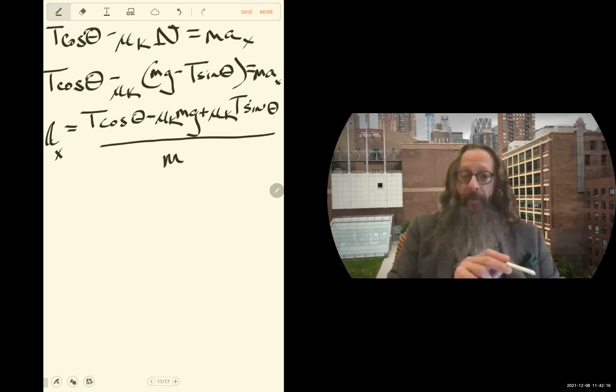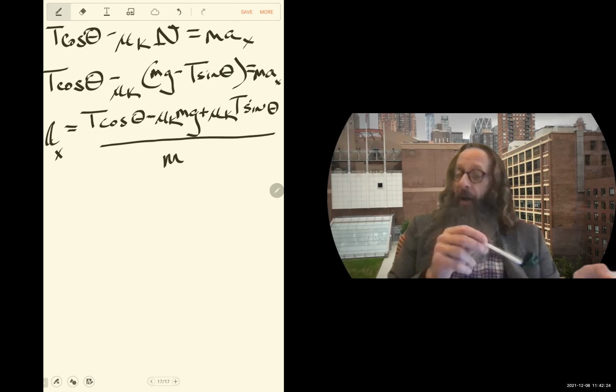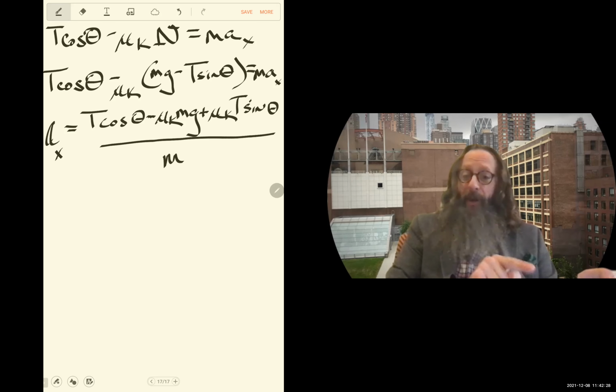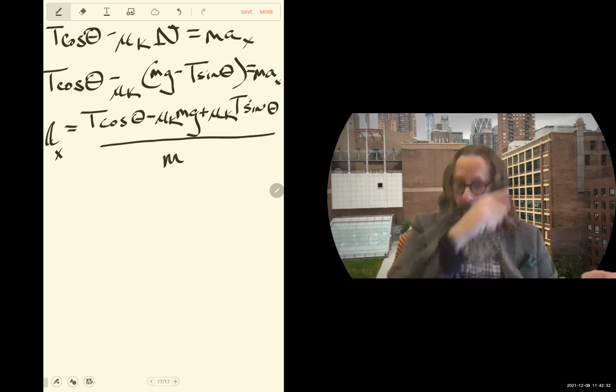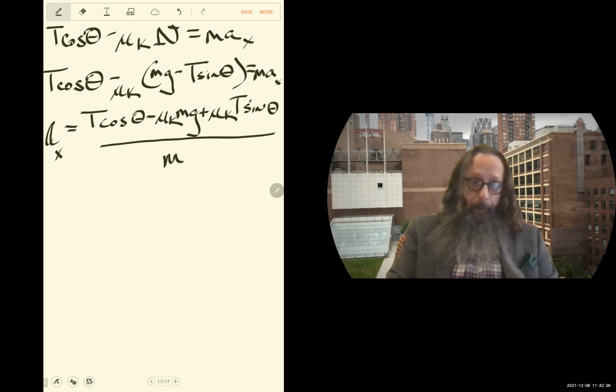You notice that there's an m in one of these factors, but the other terms do not have an m in the numerator. So I can't cancel out the m's. If I had wanted to cancel out the m's, I would have to factor out an m from the top, from all of the terms, and then cross out, but I can't do that. So the m's are not being canceled out here.